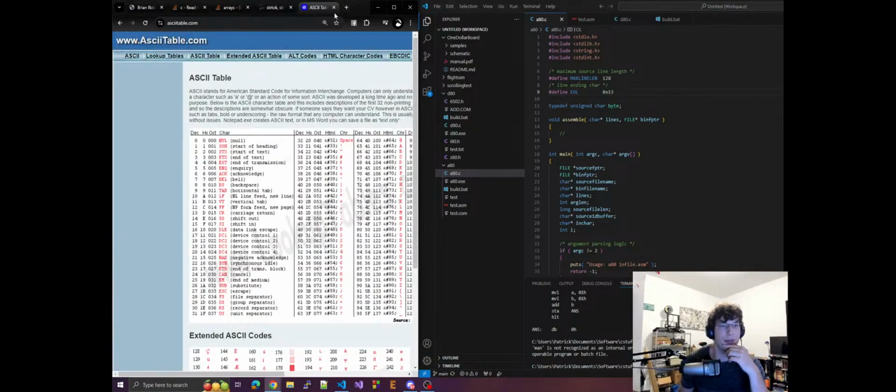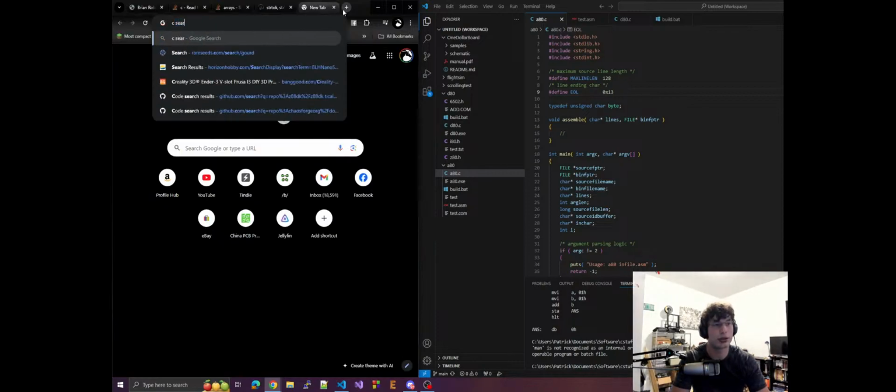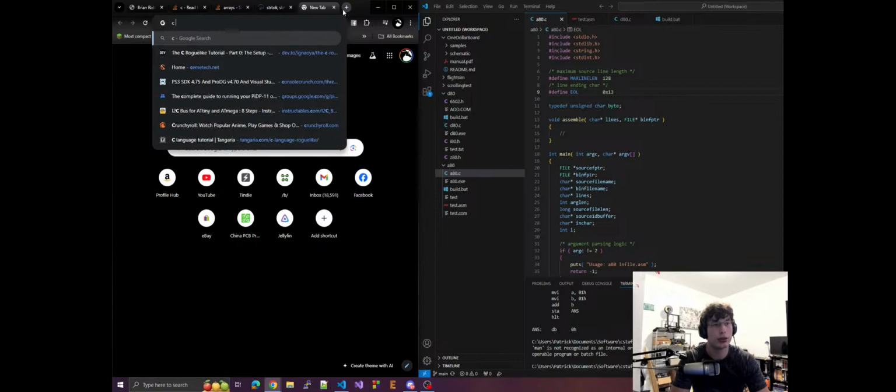Carriage return. I could do a line feed carriage return. No, I'll just do carriage return. Search count number of